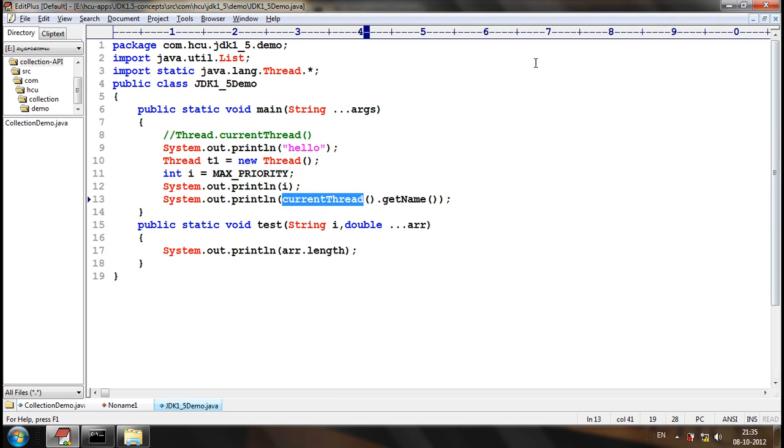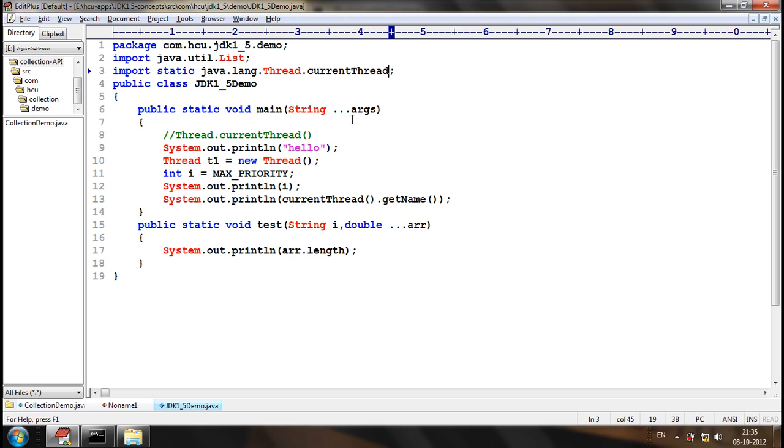Yes, we can make use of static attributes as well as static methods with static imports.